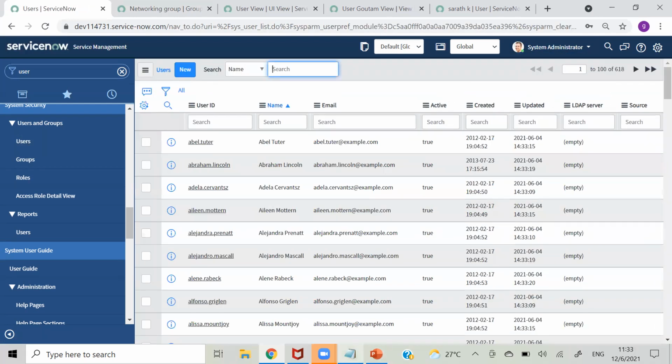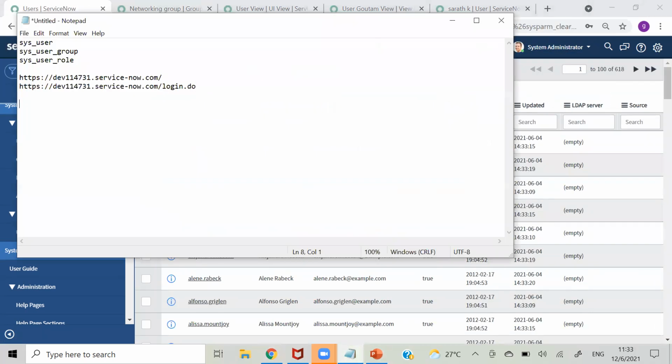And in ServiceNow there is a practice that we don't give roles directly to users. Instead of that, we will add users to a group, and then we add roles to that particular group.